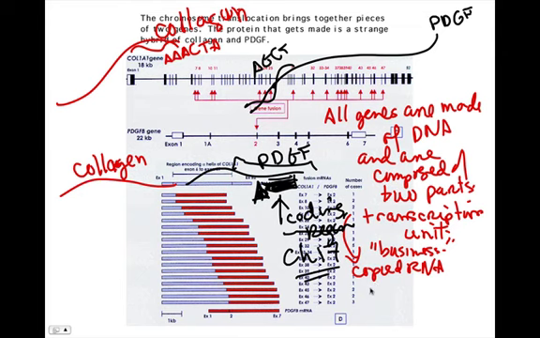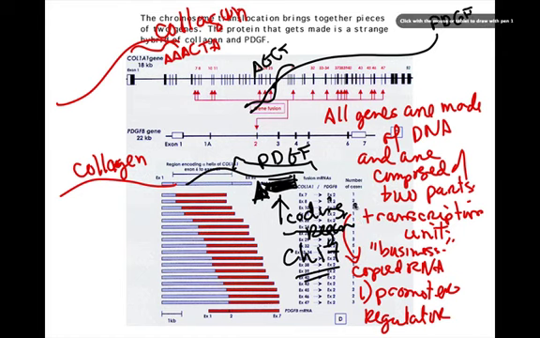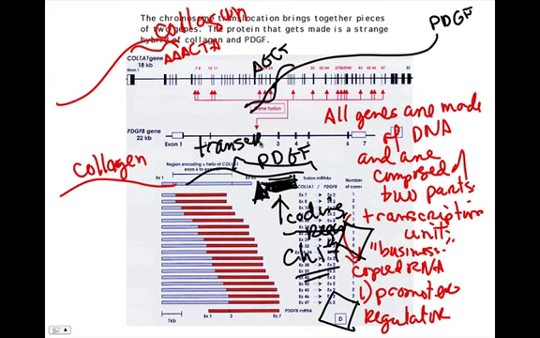The second part of a gene, every gene has, is generally called the promoter. And that's the regulator. So when we say we're interested in insulin, we're interested in two things about it. We're interested in the protein that gets made, and we're interested in the idea that it was only made in the pancreas and only made at certain times and certain levels. And so what's happened in this woman is that the transcription unit, the business part of PDGF, has gotten joined to the promoter for collagen.